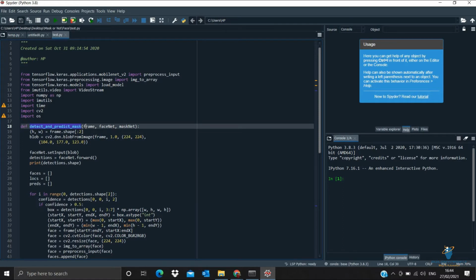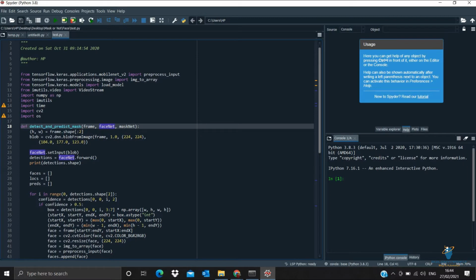The things inside the brackets are nothing but the attributes which we will be using. That is frame, the size of that frame, and faceNet, like the volume of your face, how much of it is visible, how much it should calculate. And then maskNet, that is whether the person is wearing a mask or not. If the person is wearing the mask, then what percentage of his face is covered by the mask. Either he has worn the mask completely, or he has just covered his mouth with the mask, or he is not wearing the mask.